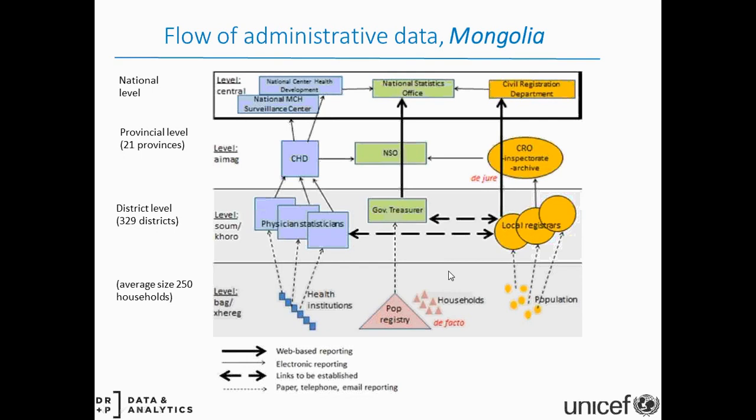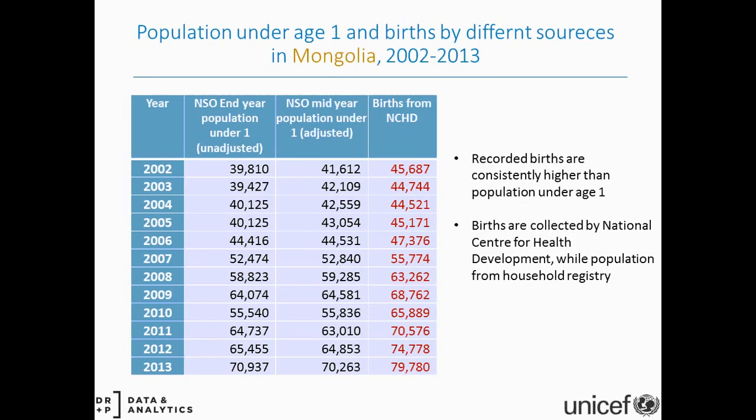That means there are missing linkages between these two systems at the district level. They don't communicate. So they don't share information, they don't talk, and everything captured in the medical system, they don't share with the civil registration system. So these are the systems and how the systems work and coordinate and collaborate in Mongolia.